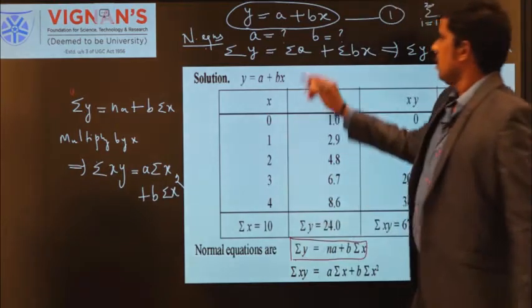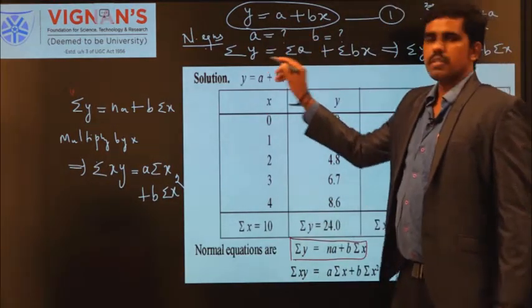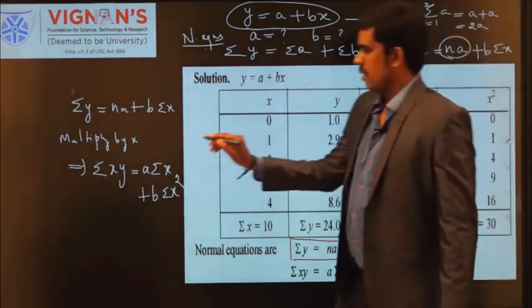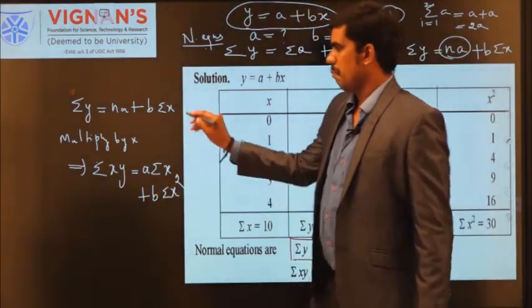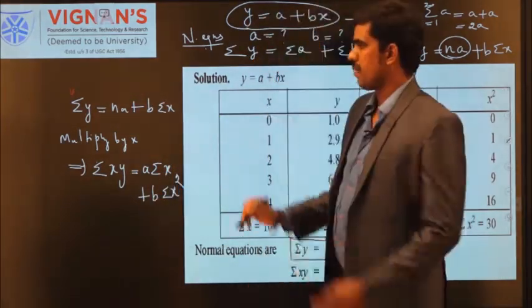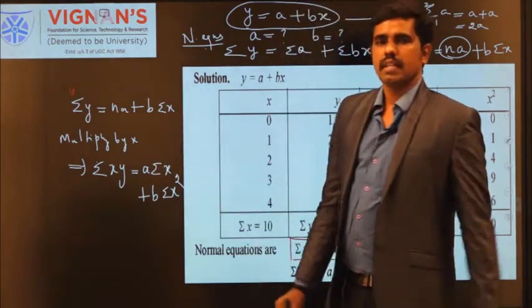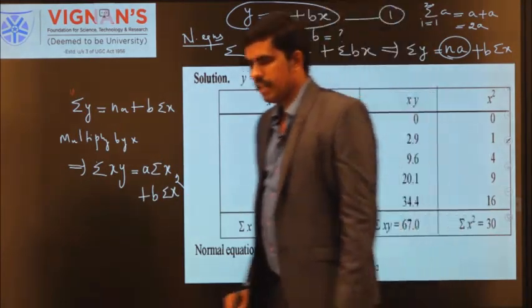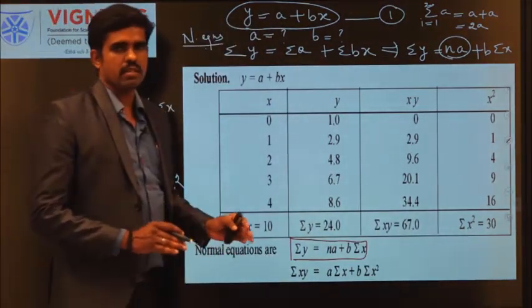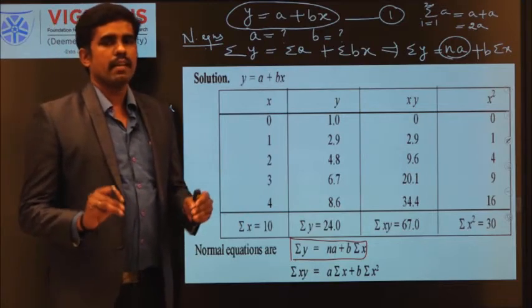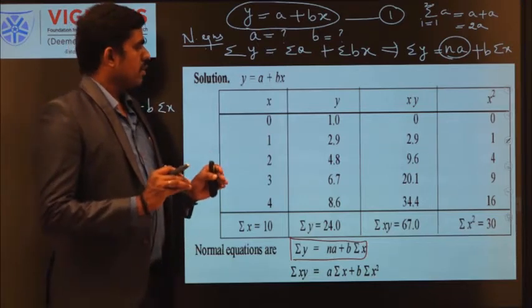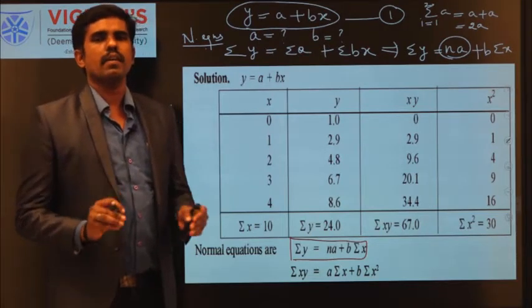In this way you can write it. What I have done: first I took summation on both sides. One simple idea, n times a, I can write na. How am I getting the second equation? By multiplying by x on both sides, I am getting the second equation from the first normal equation. So in this way you can find the normal equations. Here this is a shortcut. This is not the original procedure. Mathematically there is a procedure. If you want, I will send you the video. So this is a shortcut to remember the two normal equations.